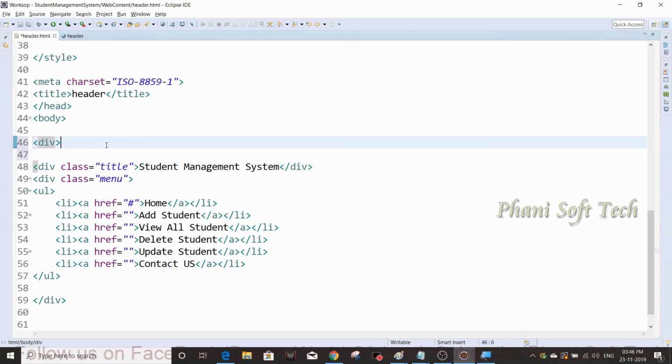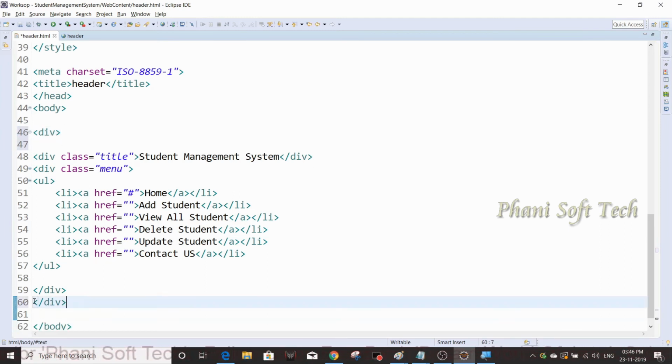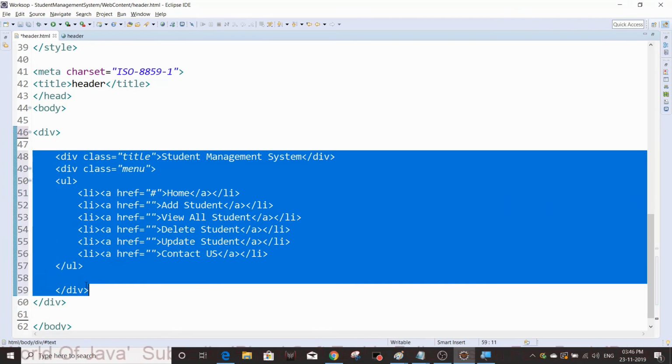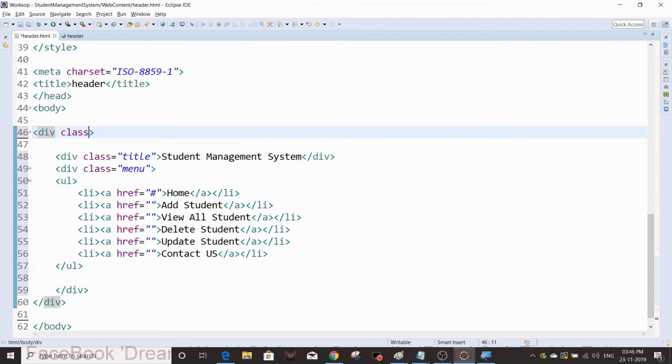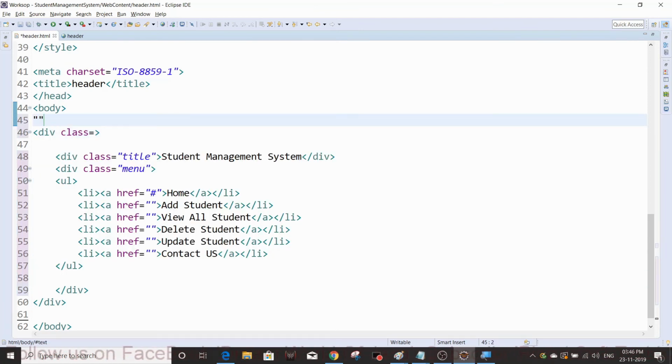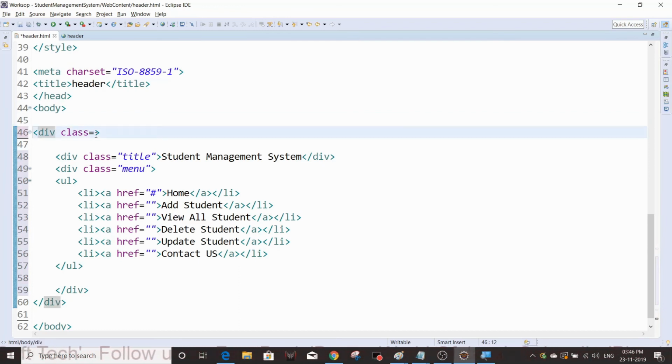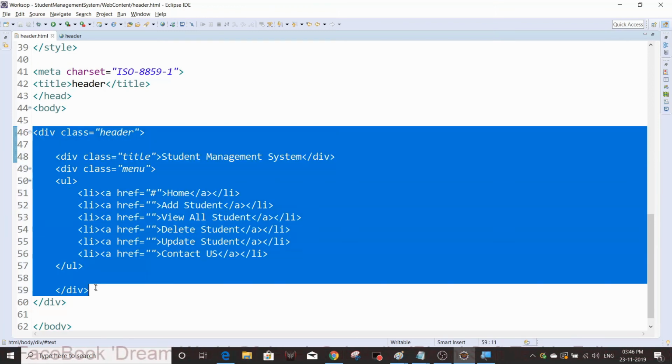So put a div here. I'm going to give some class here: class equals header. Simply, header is my class. I'm going to apply this to the entire div element.